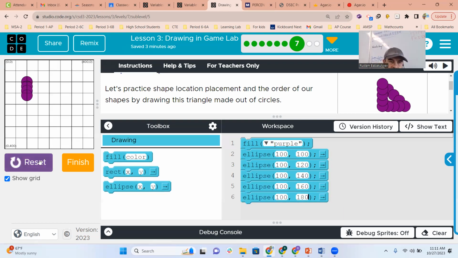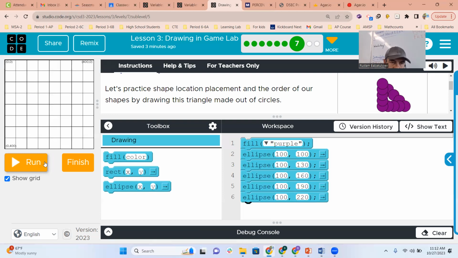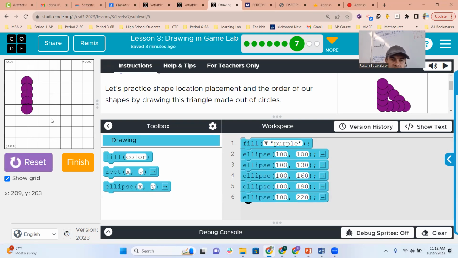So there are five of them, right? 1, 2, 3, 4, 5. All right. I think we can add a little more space. Let's make it 130, 160, 190, 220. There you go. Now we add another 1, 2, 3, 4 circles which will be shifting to the